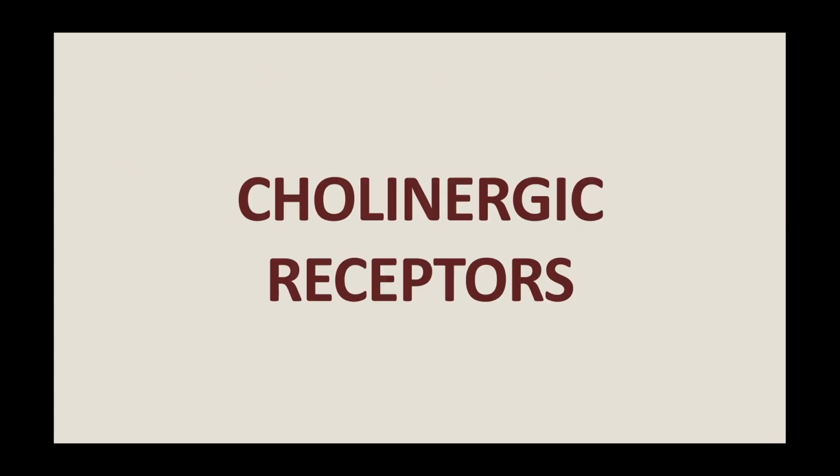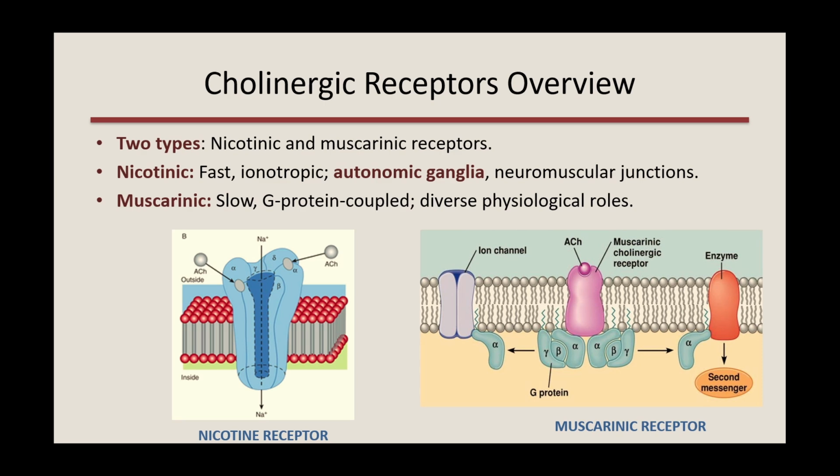Cholinergic receptors are classified into two main types, nicotinic and muscarinic receptors, both of which respond to acetylcholine, ACh, but differ in distribution and function. Nicotinic receptors are ionotropic and mediate fast synaptic transmission, particularly in neuromuscular junctions and autonomic ganglia. In contrast, muscarinic receptors are G-protein coupled and modulate slower responses, impacting diverse physiological processes like cardiac rhythm, glandular secretion,